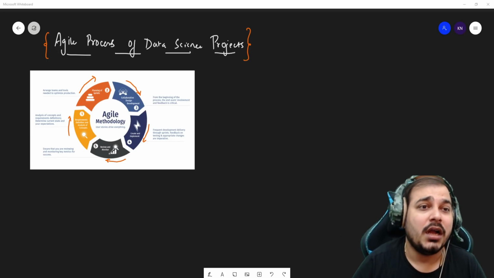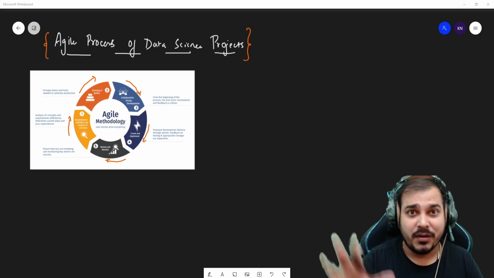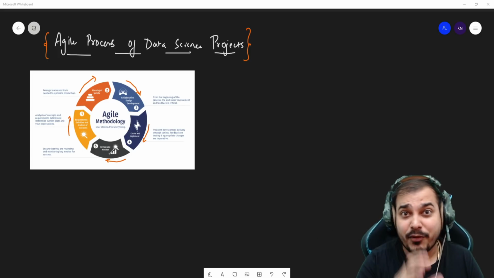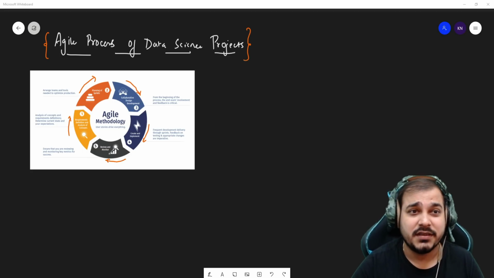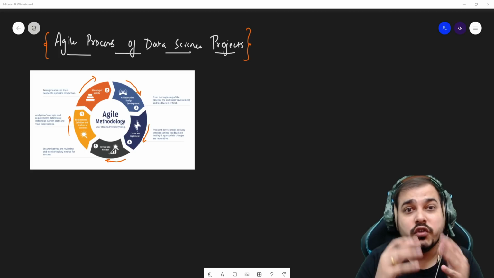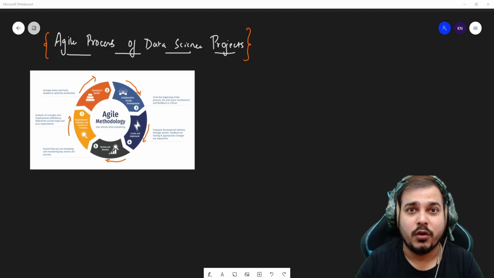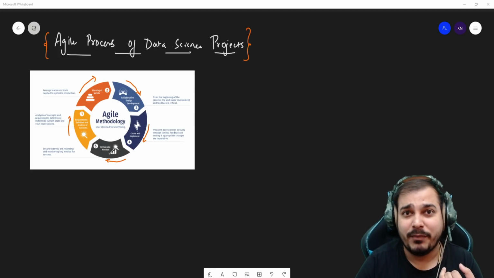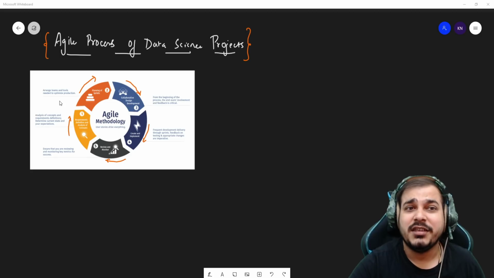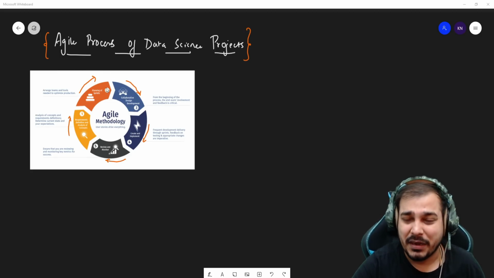Now, when I talk about the process, I'm talking about the software process like the waterfall model. You have the agile process, and the agile process is right now pretty much famous because this is a very efficient method to solve any kind of project that you're going ahead with, whether you want to go with web development, whether you want to develop software products, whether you want to do anything. So similarly in data science projects, this particular process is what gets implemented.